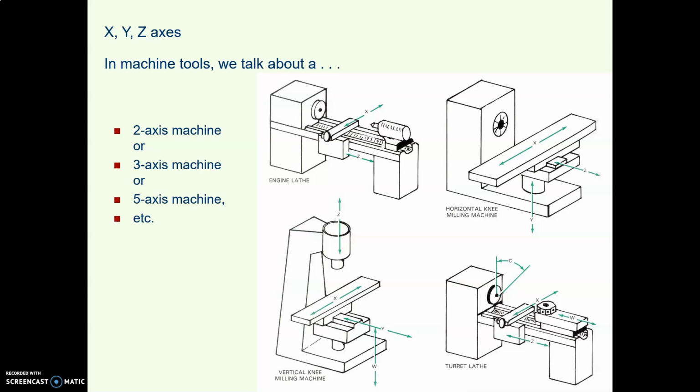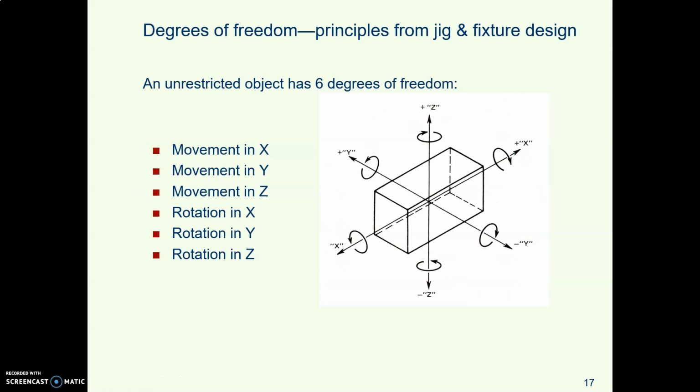Now, this is related to degrees of freedom. And this relates to X, Y, and Z. When you're in a machine shop, you might see machines where they talk about, oh, this is a 5-axis machine, this is a 3-axis machine, and so on and so forth. The axes are X, Y, and Z, and in jig and fixture design,